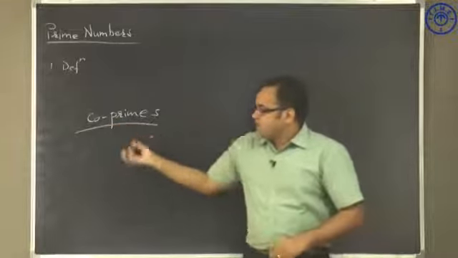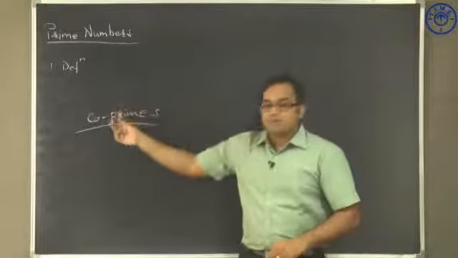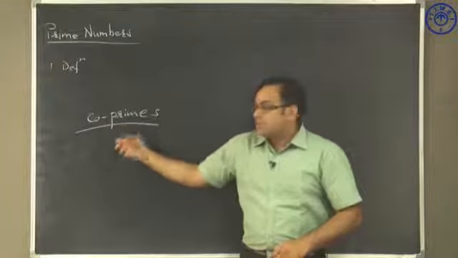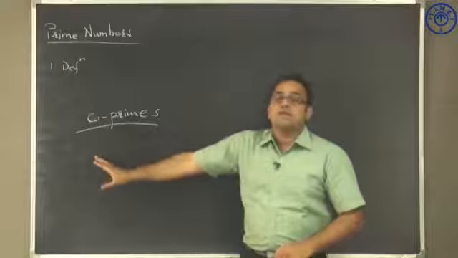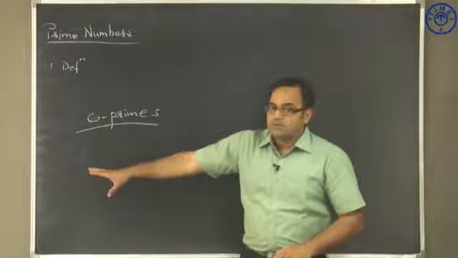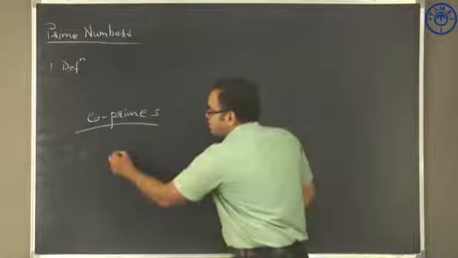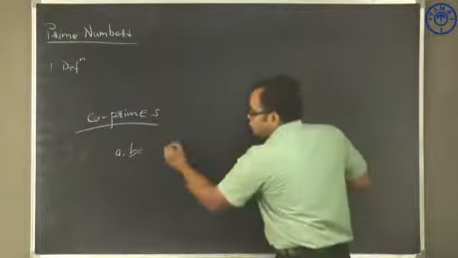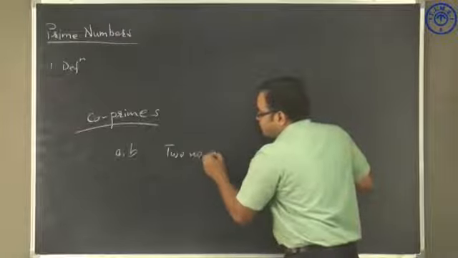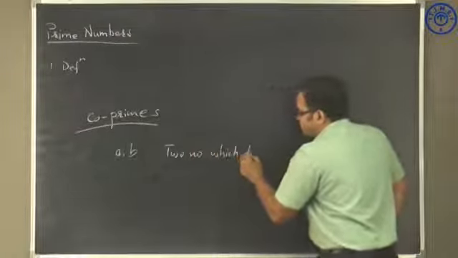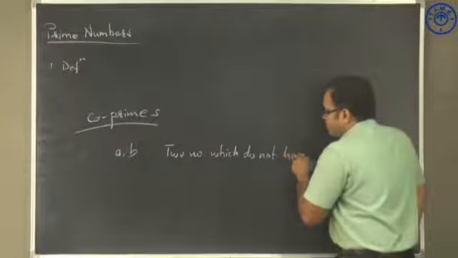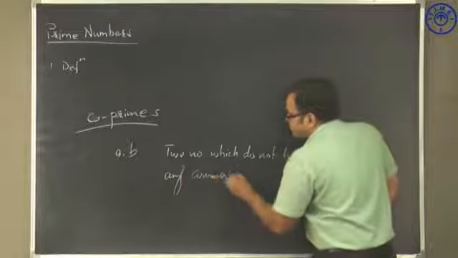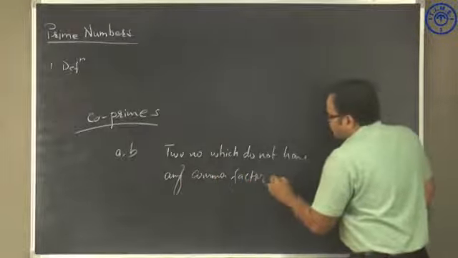Co-primes are only related to prime numbers in so far as they are called co-primes. Otherwise, co-primes are not necessarily prime numbers or have anything to do with prime numbers. Two numbers a, b are co-prime if they do not have any common factors. So two numbers which do not have any common factor except one, obviously,